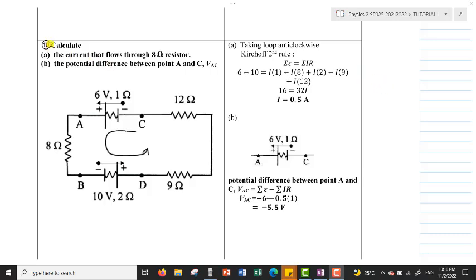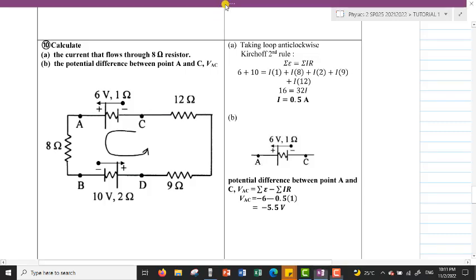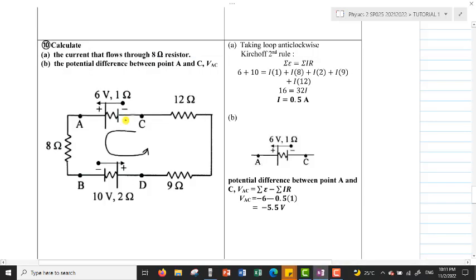Okay, let's check the answer for question 10. So we need to calculate A, the current that flows through the 8 ohm resistor, and B, the potential difference between point A and C. We denote it by VAC. Alright, class, for these questions, since the question already gives us the direction of the loop, we're taking the loop anti-clockwise. So we assume the current that flows in the loop will be current I. There is only one current flowing in the loop because we do not have any junction here. So we assume the current flow is I and the current flows